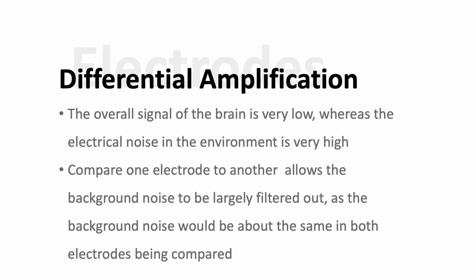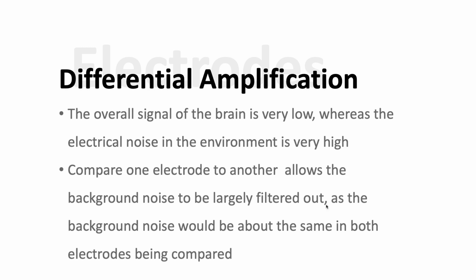Now we'll reach the final concept we're going to cover during this lecture. The overall electrical field or signal of the brain is very low compared to the environment. There's a lot of electrical noise in a hospital environment with ICU machines, computers, whatever, causing electrical fields. There's a process called differential amplification where we compare one electrode to another. This allows for the background noise to be largely filtered out, as the background noise of both electrodes is about